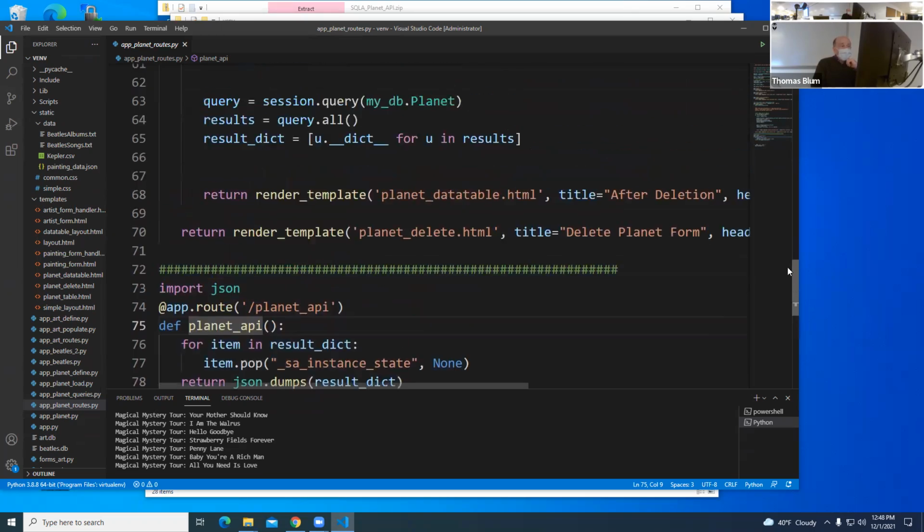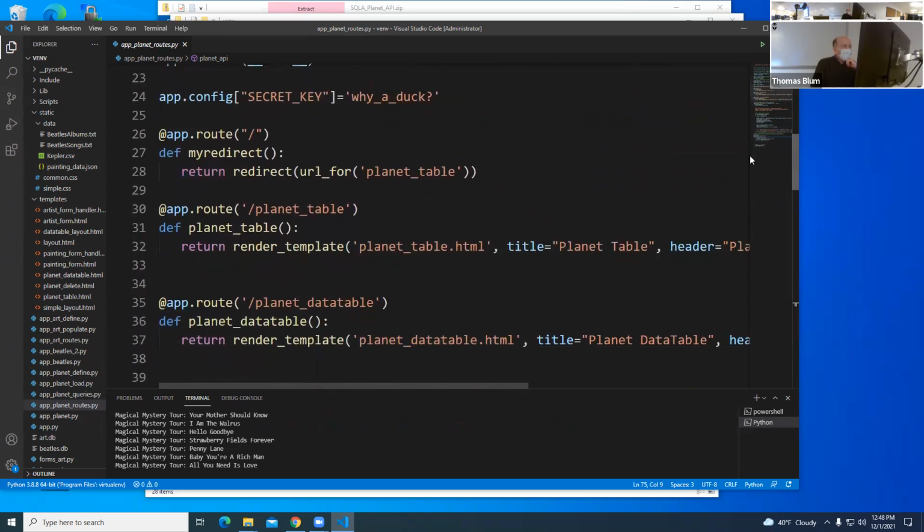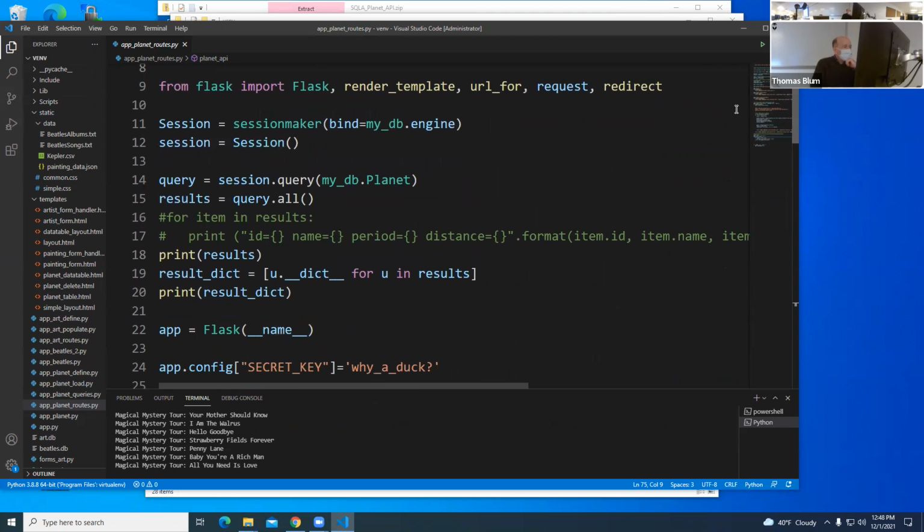I already have a query where, where did I do the querying? Up here, I did the querying and made a list of dictionaries.